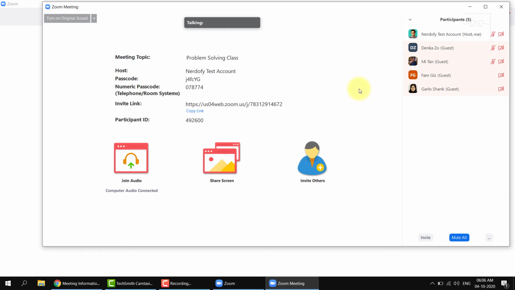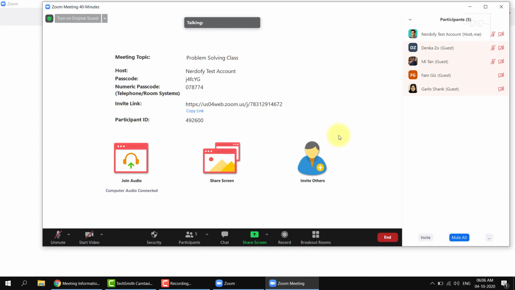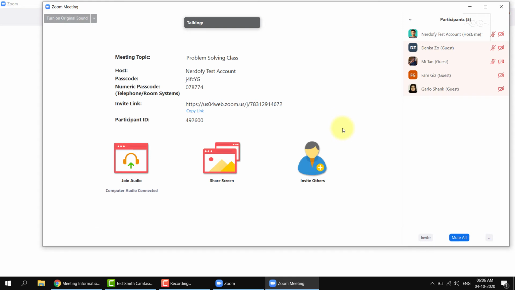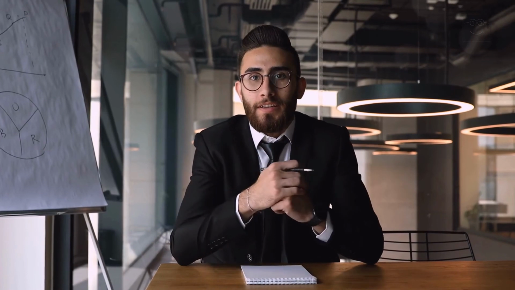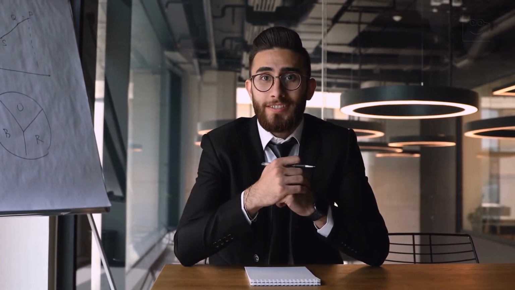As I had mentioned earlier, there is another way to start a breakout meet without pre-planning, like getting that spontaneous thought of taking a group activity. I will explain to you how to do this in 3 steps. Of course, you will first explain the activity to students.